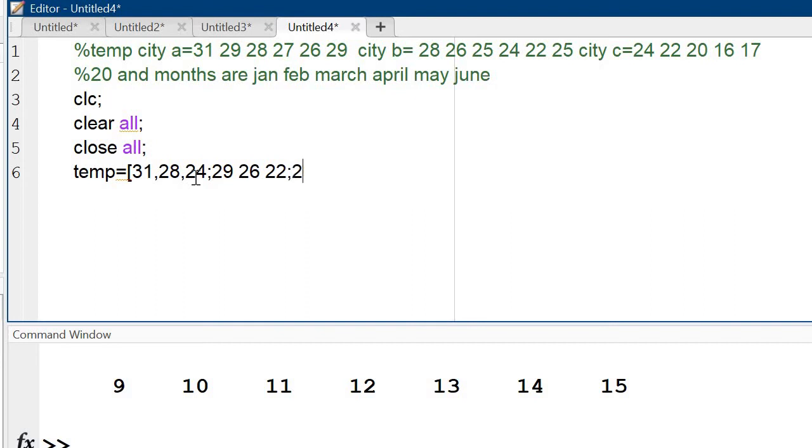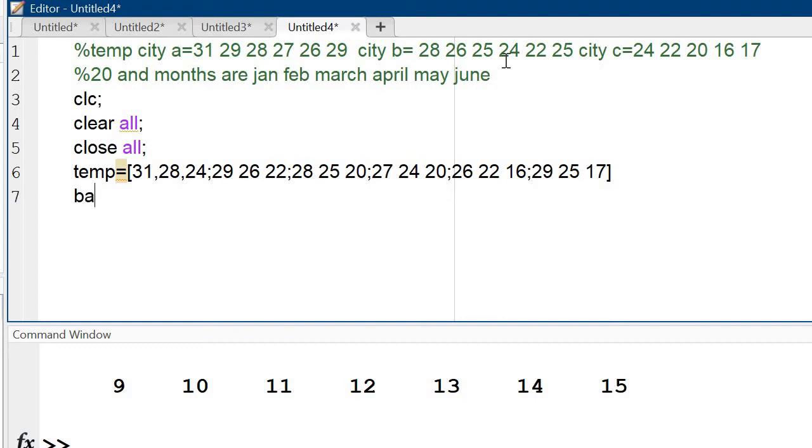Next is 28. Then after that, this is 25. Next is 20, 27, 24, 20, 26, 22, 16, 29, 25, 17. Okay, this is my temperature.